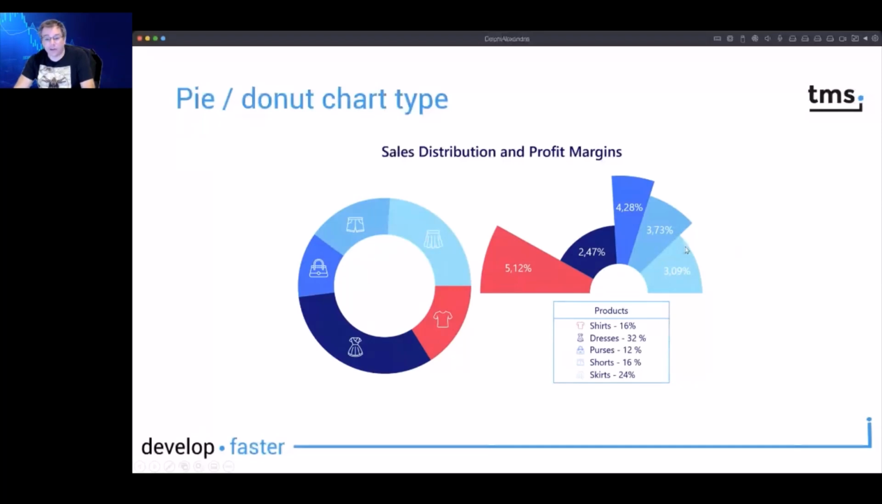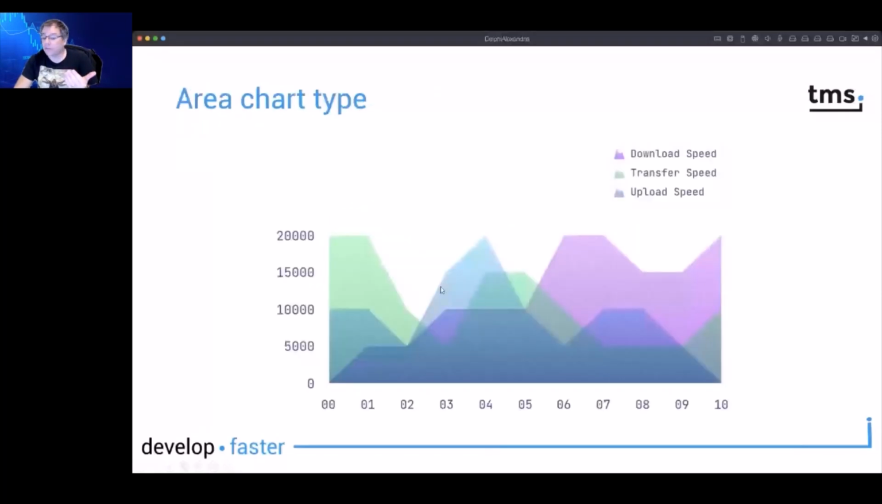Okay, so area chart type. Very informative right here for different areas that have different transparency if you want, so you can see the overlap between them. Legends are automatically generated. So area charts,